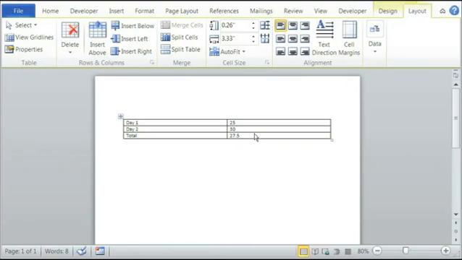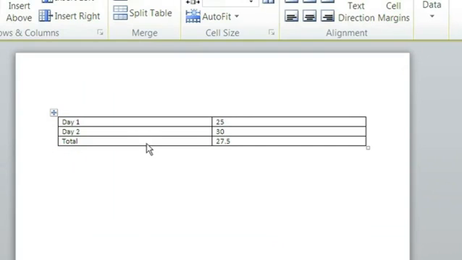Now, if we open our Microsoft Word here, we'll already have a table set up, and it says day 1 equals 25, day 2 equals 30. And on the bottom it says total. Now we want to put the total in the total box, so we're going to select the box right here,